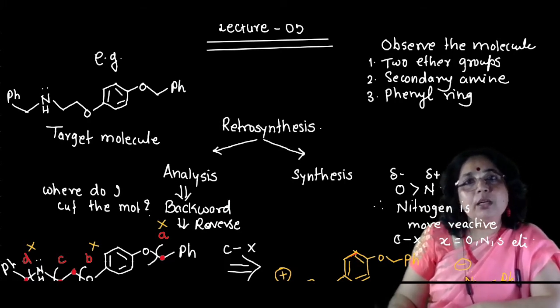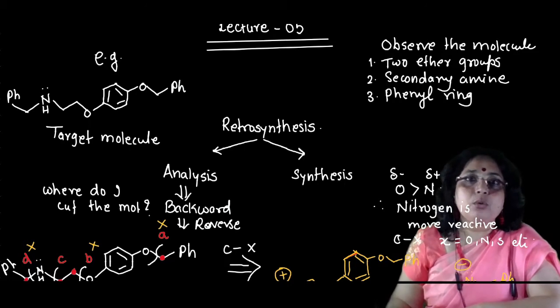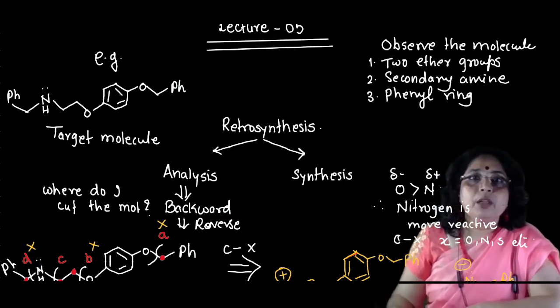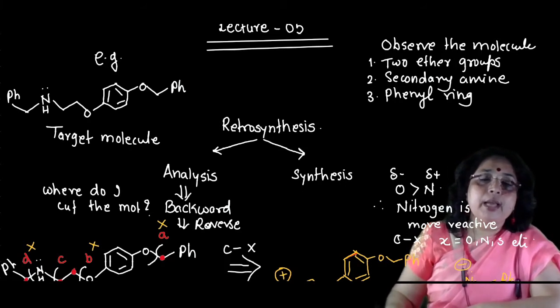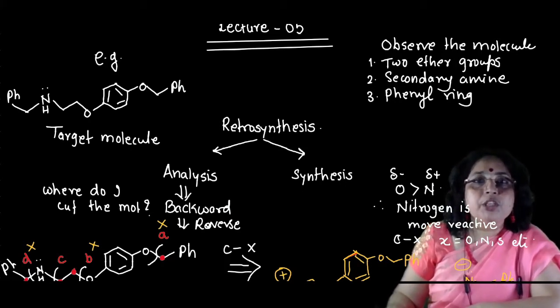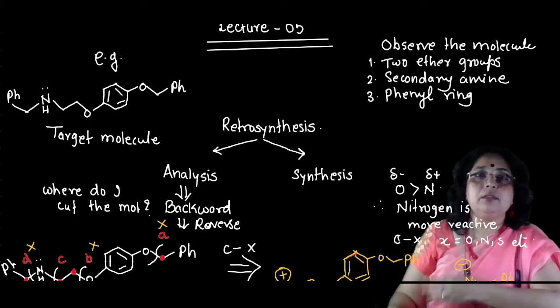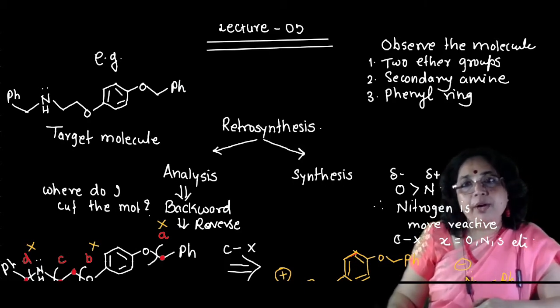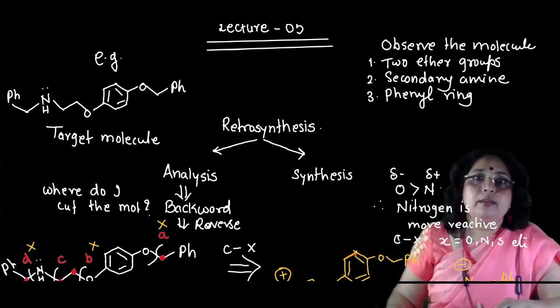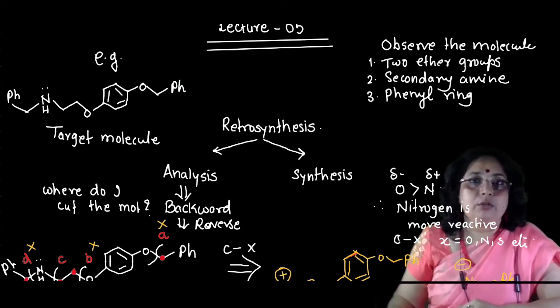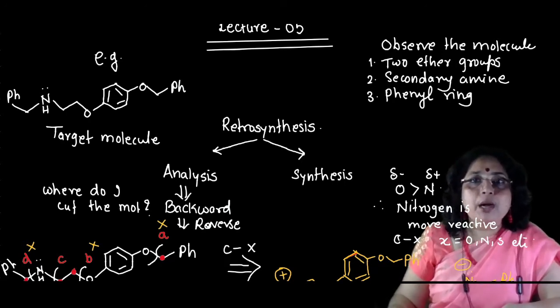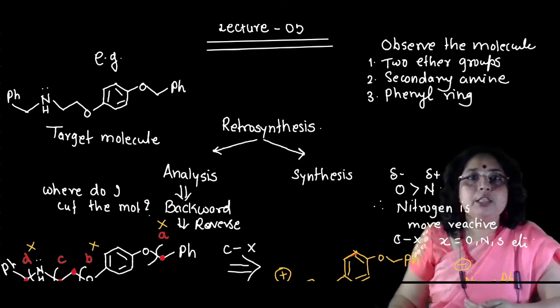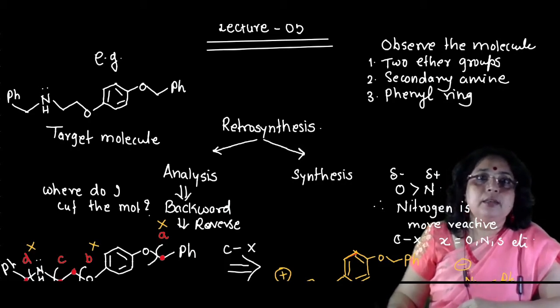So dear students, one thing you must remember whenever you carry out retrosynthetic analysis, two things always remember, that the first thing is the analysis which must go in the reverse direction of the target molecule, and then whatever plan you have done on the paper, that plan should be verified or checked by carrying out the synthesis of that molecule. So the part 1 is this analysis part and the part 2 will be a synthesis of the molecule. Now let us go with the target molecule.